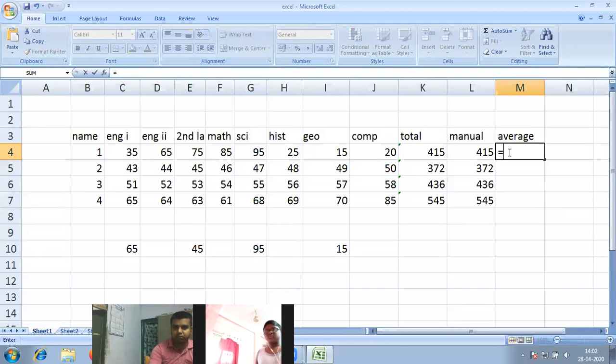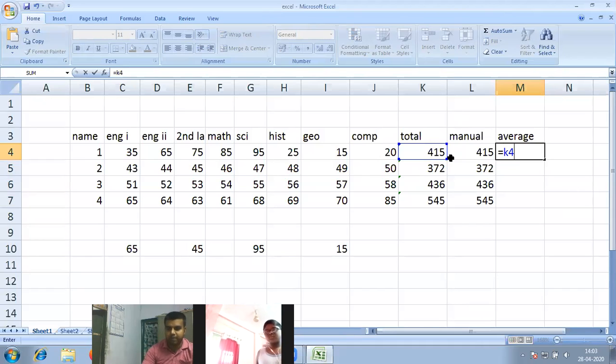How? Equal to, 415, we can take either of these, no problem. What is the cell address of 415? K4. So we will write K4.